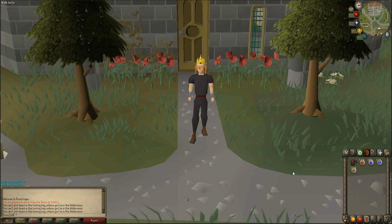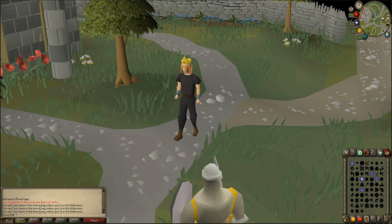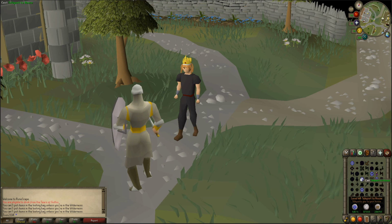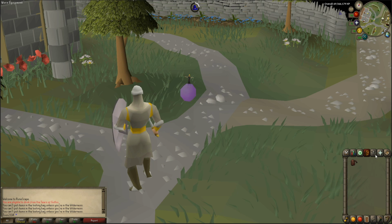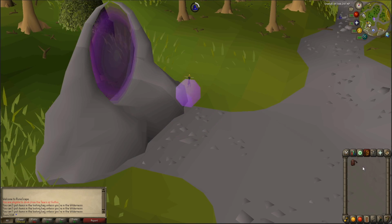At number 5, we have the highly utilized rune pouch. With this pouch you can hold 16,000 of any type of rune. The rune pouch is excellent for storing and using runes for things like teleportation spells. Since the rune pouch only takes 1 inventory space and the cost of runes themselves are much cheaper than teletabs,